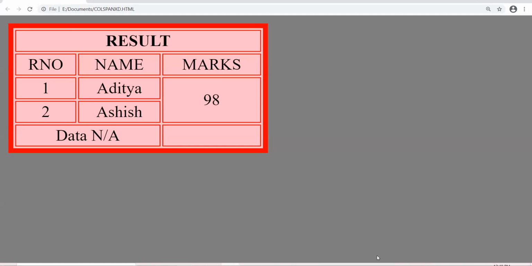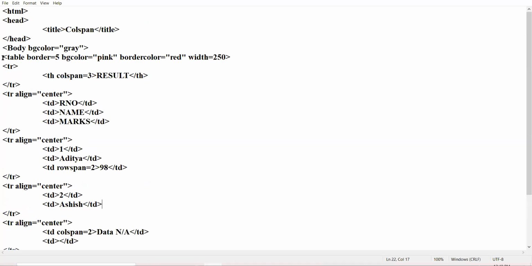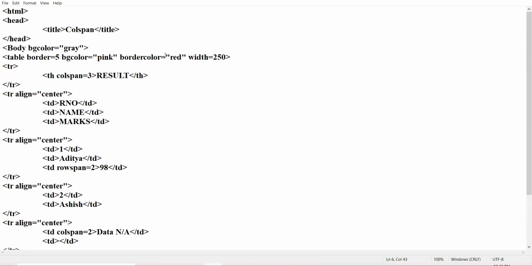Let us go with the new attribute. Come to the table tag, this tag. I am writing here one attribute, bordercolorlight. One single word, no space. Bordercolorlight.